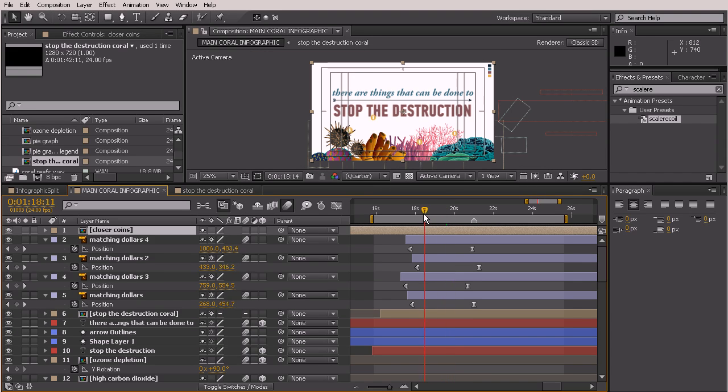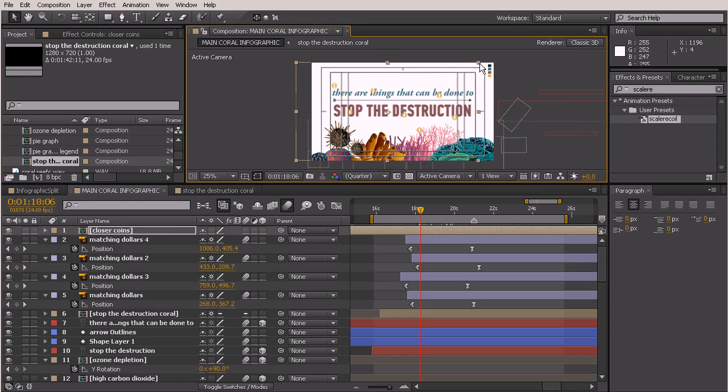And then right now they're still right on top of the other ones. So to offset, we'll just drag this backwards a bit. And then let's scoot this over and scale it up. And I'm more concerned with